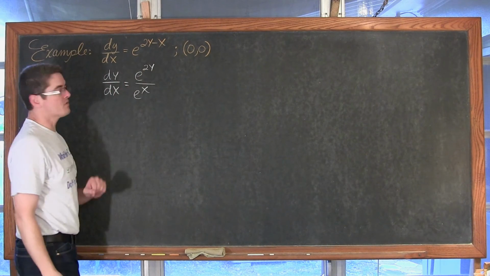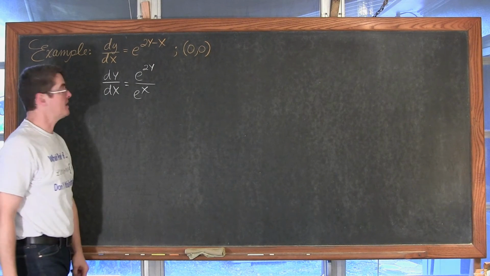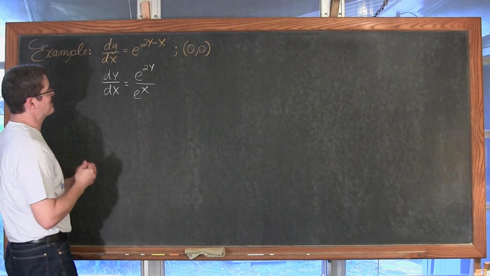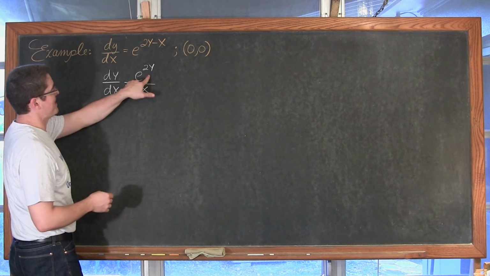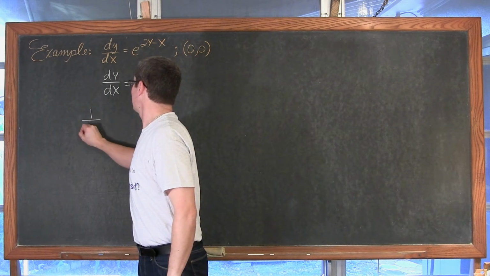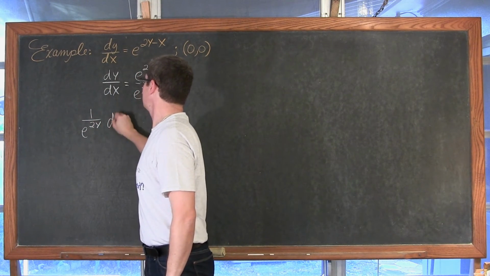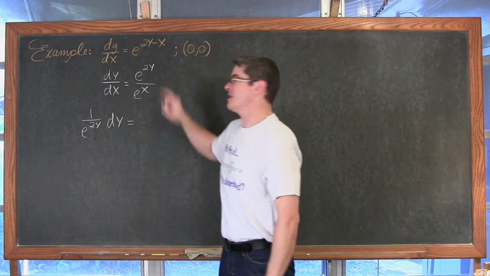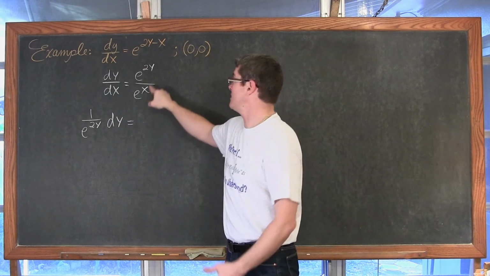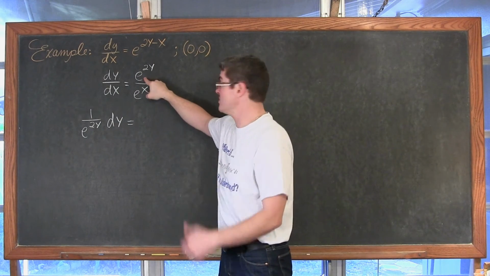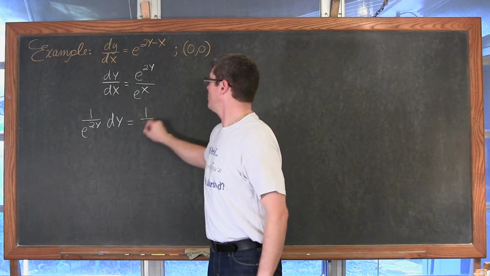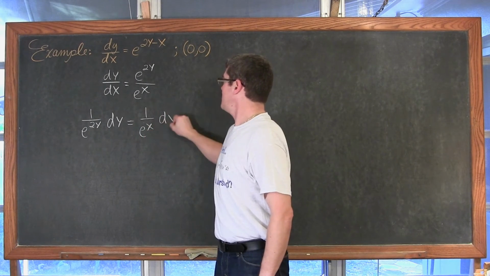Now we're going to move our dx over to the right and multiply both sides by e to the, oh no, no we're not. We are going to divide both sides by e to the 2y power and get 1 over e to the 2y dy, and then we're going to move the dx over to the other side. Now this x is in the denominator, and don't let it magically float up because you divided both sides of our equation by e to the 2y power. It's staying down there, so it's going to be 1 over e to the x dx.